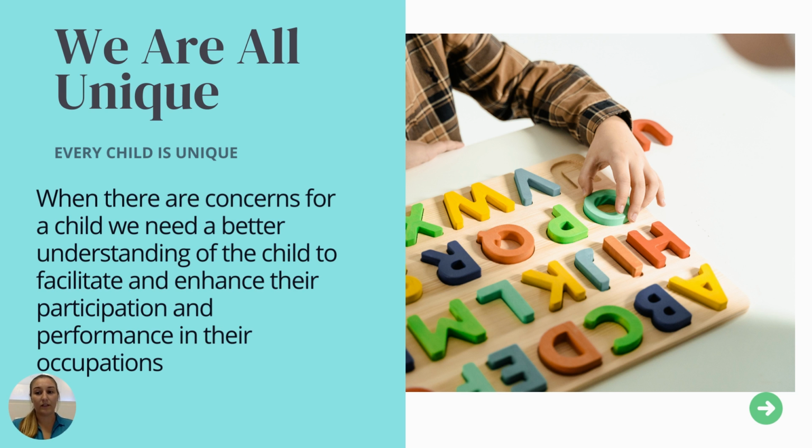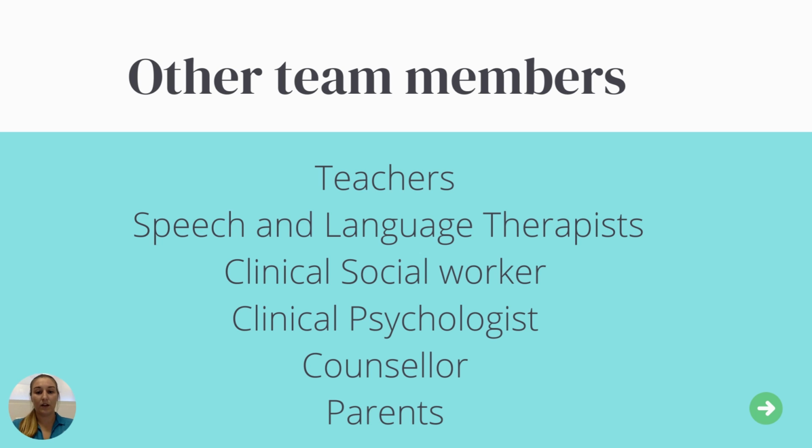However, support is available, and we have to consider early intervention, as we've discussed today, but we also need to remember that every child develops according to their own pace. So an occupational therapist is someone that could be part of that support team for a child, although we work with so many other professionals as well, and a child who does need support will always have a full support team. So some of the other team members